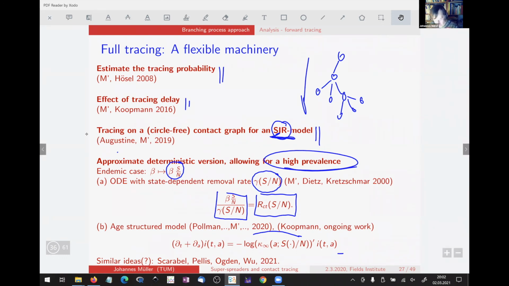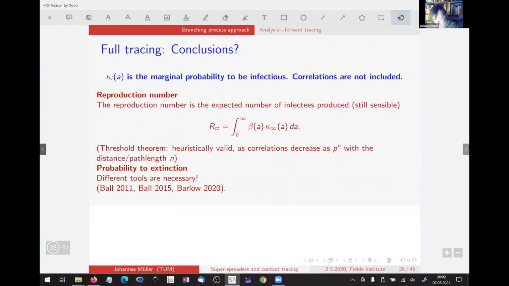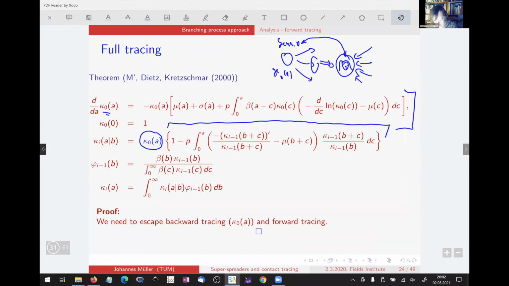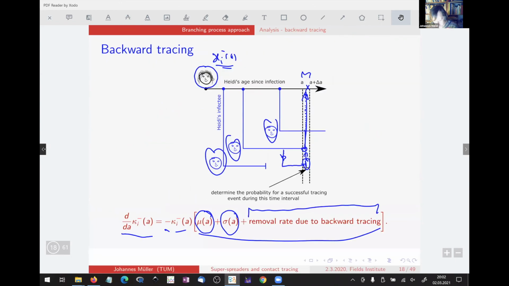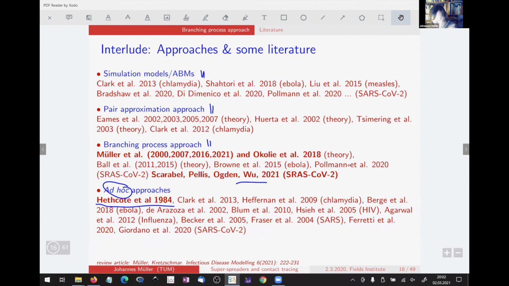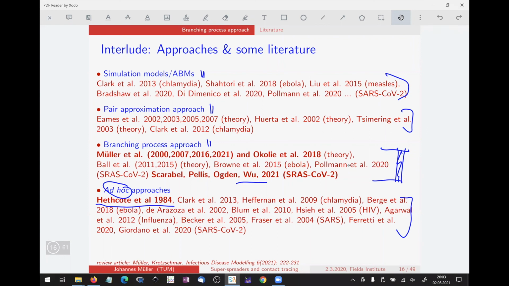So the literature I know, let's put it in this way, I try to summarize that somewhere. So the basic approaches, here we have really analytic results. These are approximate results, that's simulation, and this is not rooted in first principles. And what people do here is basically related in some way to branching processes. So I think it's hard to go away from that. Thanks. Everything clear. Thanks a lot.